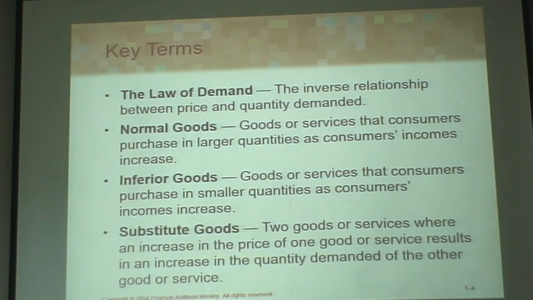And for income, we have normal goods, inferior goods, and substitute goods. Two goods. When one price goes up, you